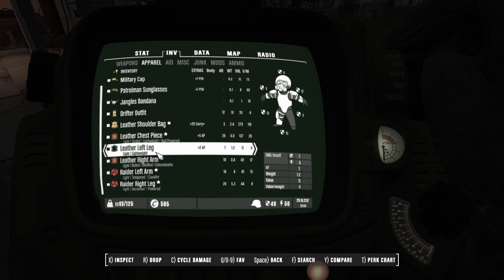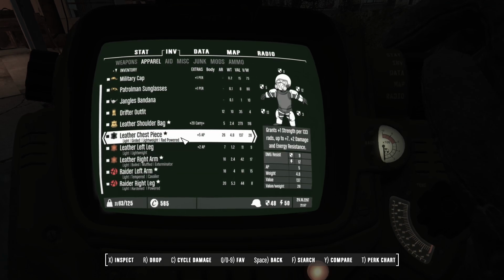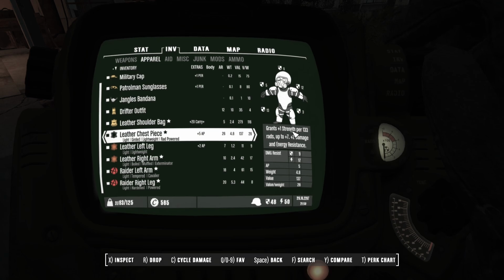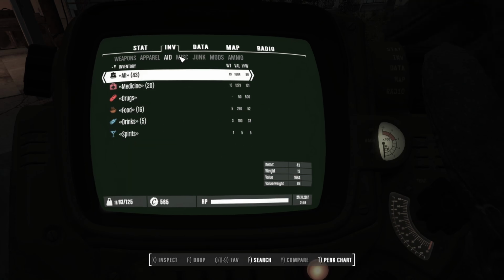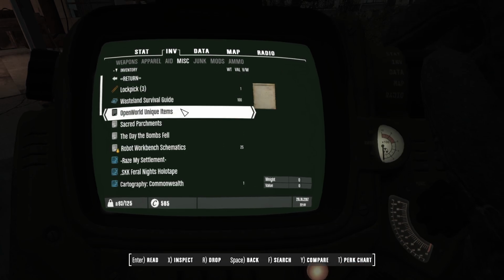We've got some decent gear, quite a few legendary items too. This one is not going to do much for us. It grants 1 strength per 133 rads. We don't get rads in this mod list. And anyway, okay, so